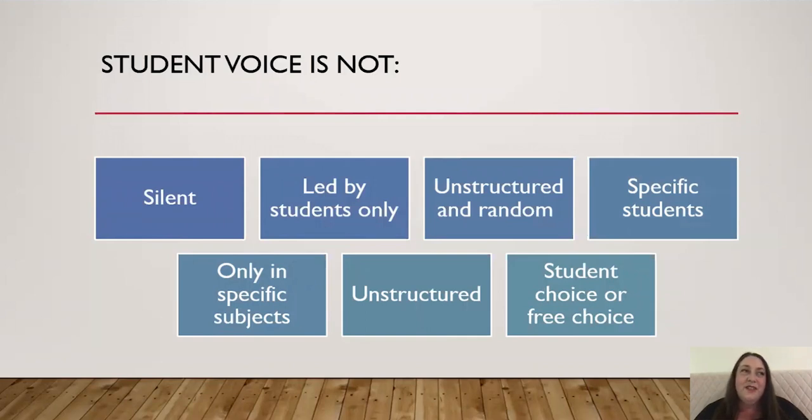And in my initial master's survey, one of the things that students said about the teachers they wouldn't change anything about was that these teachers were really sharing the discourse. So whether it was the highest achieving student or a student who struggled academically, the teachers were very fair and consistent, not just singling out students at either end of the academic spectrum. It's not only in specific subjects, and it's not just student choice or free choice. So it's really important that we have a look at that.